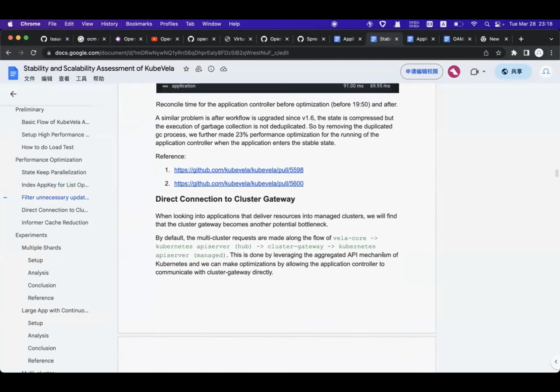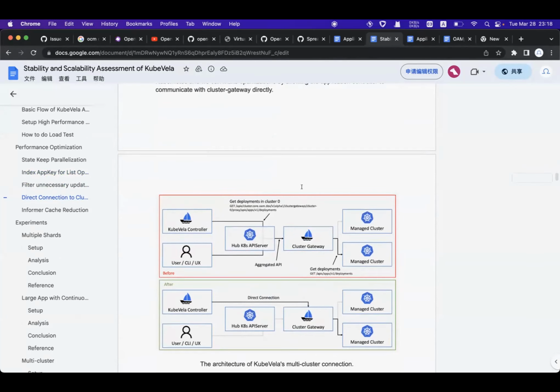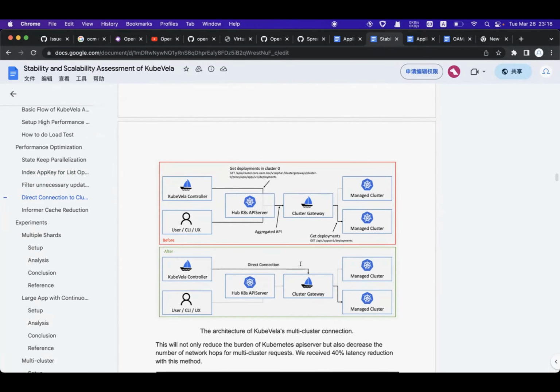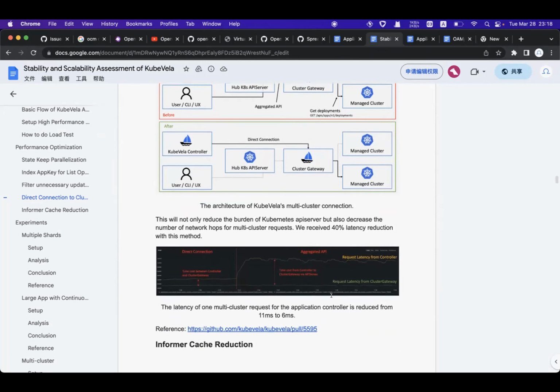And also in multi-cluster cases, we leverage the cluster gateway to do the multi-cluster request proxy. By default, we leverage the aggregated API layer of the Kubernetes API server, so that adds another round trip for the multi-cluster request. We have tried to make a direct connection mode to let the KubeVela controller communicate with the cluster gateway directly. In our experiments, we have shown that this can be quite useful if you are using it in a very fast